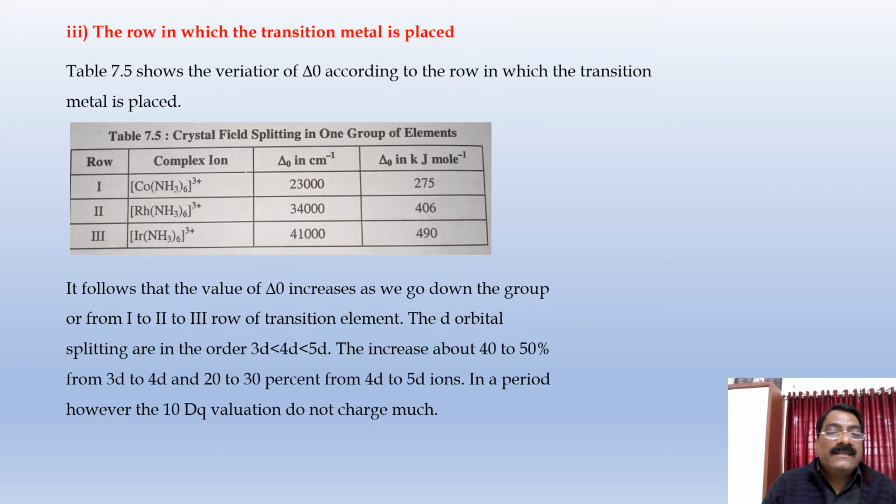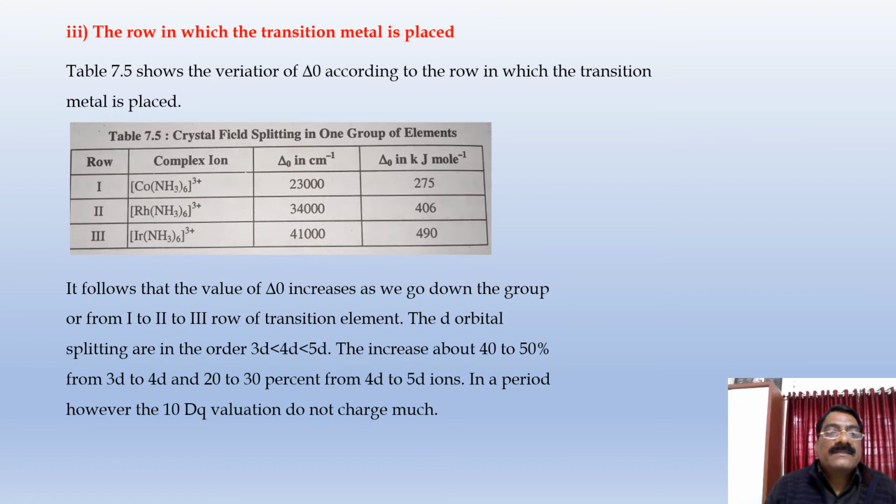From the first row, cobalt is the metal; from the second row, rhodium is the metal; and from the third row, iridium is the metal atom. They form complexes with NH3 amine ligands, all having the same charge, same oxidation state and same ligand, but their 10 Dq value is different. See, [Co(NH3)6]3+ has a delta O of 23,000 cm⁻¹, [Rh(NH3)6]3+ has a delta O of 34,000 cm⁻¹, and iridium [Ir(NH3)6]3+ has